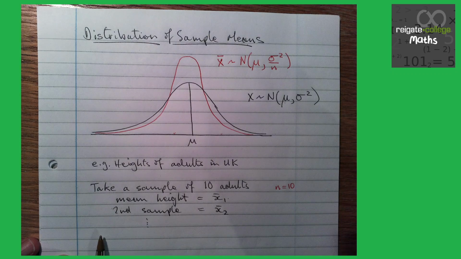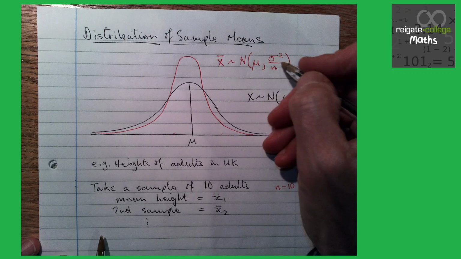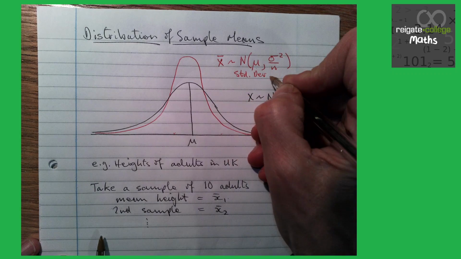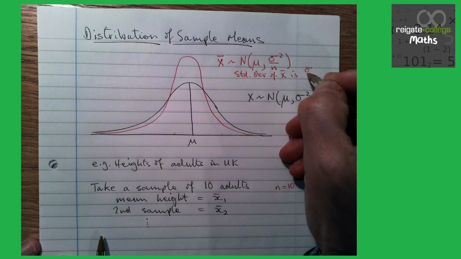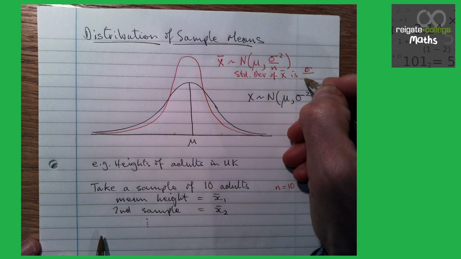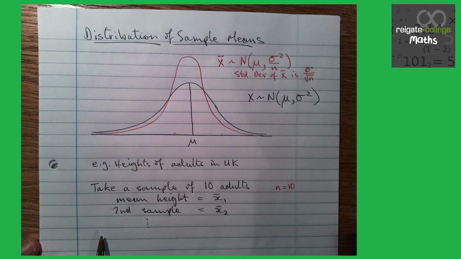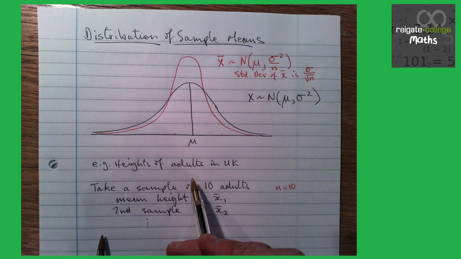So for x bar, that means that the standard deviation of x bar is sigma, which is the standard deviation over the whole population, divided by the square root of n. Remember that we put the variance in here, and the standard deviation is the square root of the variance. Okay, so that's a crucial thing to remember,